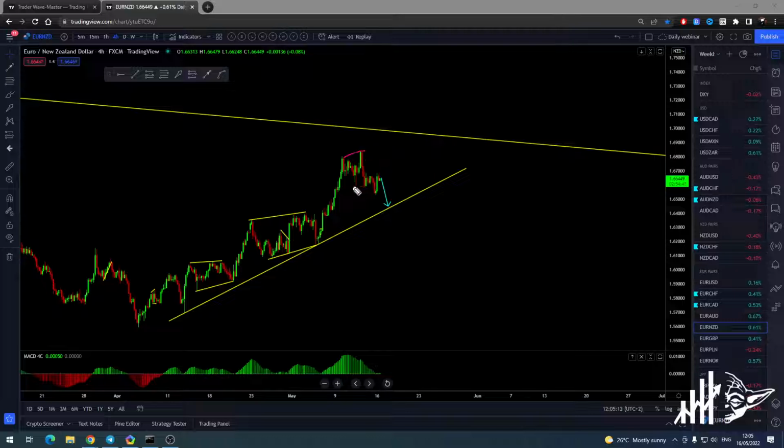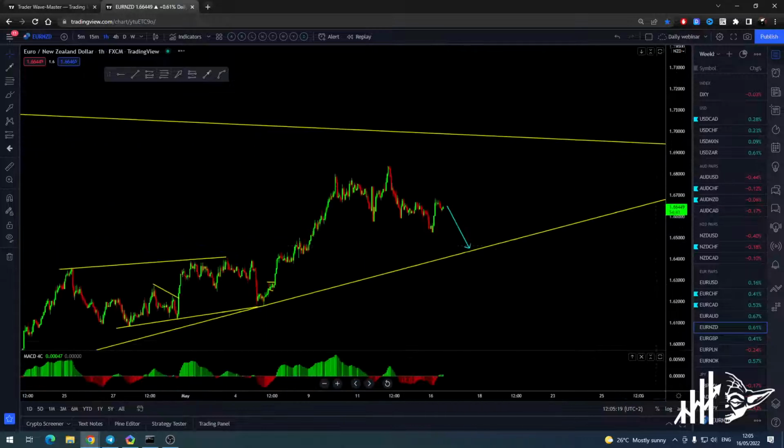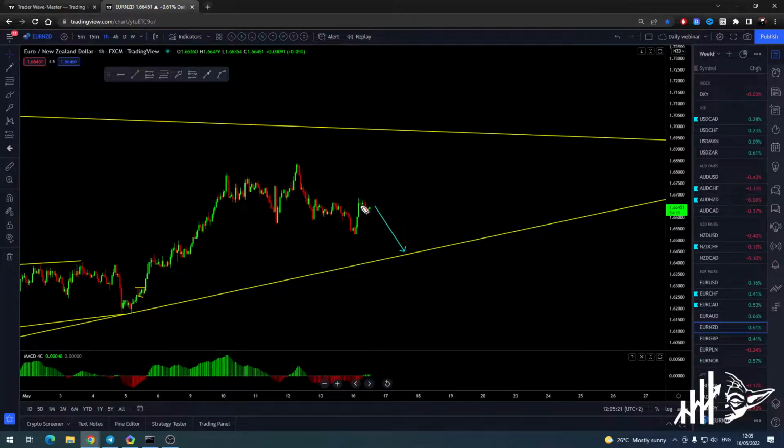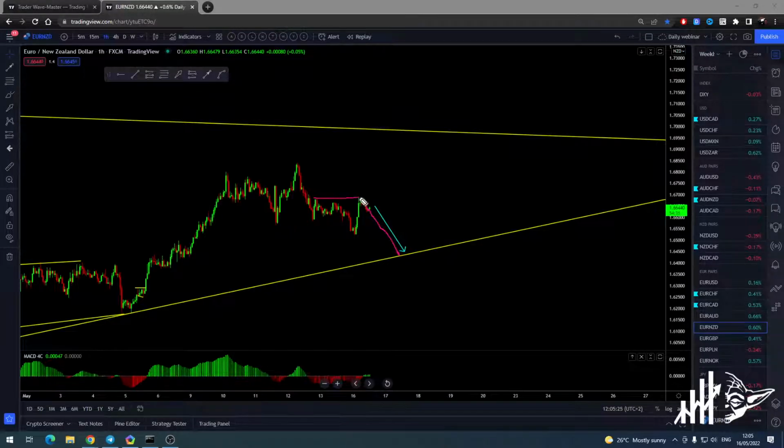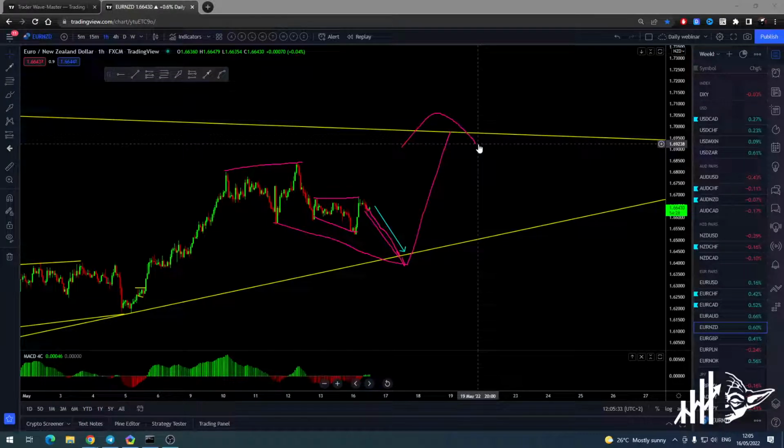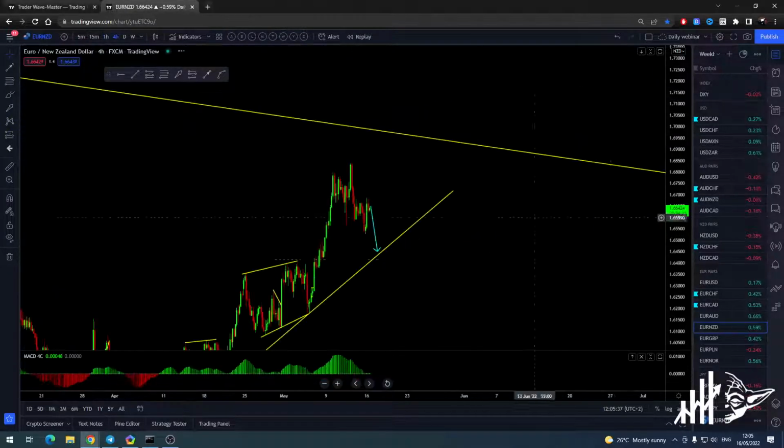You have to track it and watch the lower time frame. Maybe you can even get some buys earlier, but don't chase it too early. It could still go down, as I have shown you. This could be an expanded flat in the middle, going down, dragging lower, giving us the bigger correction, and then going higher. These things can get really complicated, so that's the reason why you should not be in the trade too early.